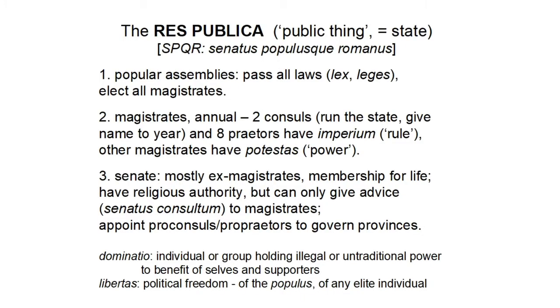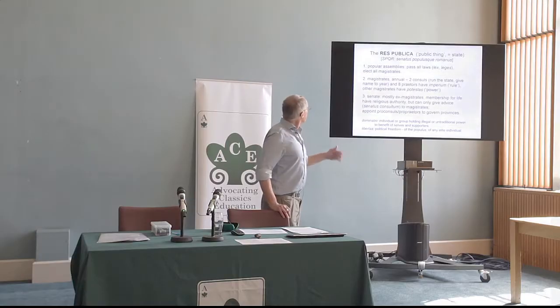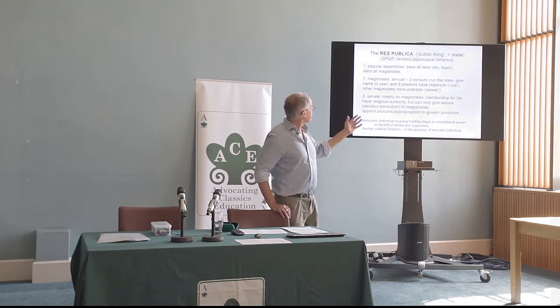But what limits their power is that they can only hold office for 1 year, and then they're going to be replaced, so you can prosecute them when they've finished, but it's 1 year, and you're not really meant to hold the same office twice. Sometimes you're allowed to hold it again after 10 years. So basically you have one shot at being the top man, the consul, and for a year you're all powerful. But then that's it, okay? And it's the same with praetors. Junior magistrates don't have imperium, they have potestas, they have power.